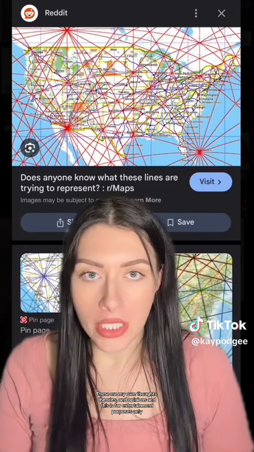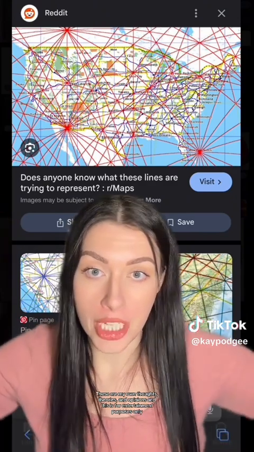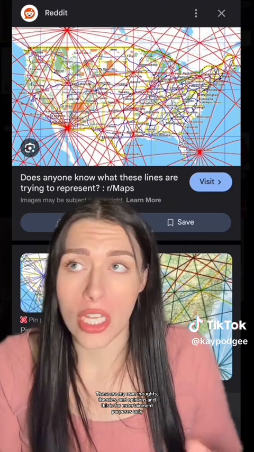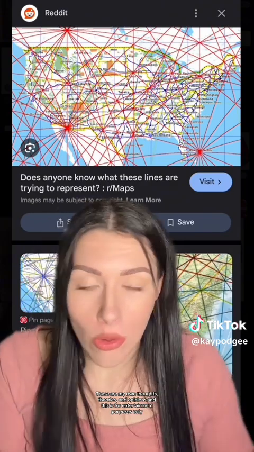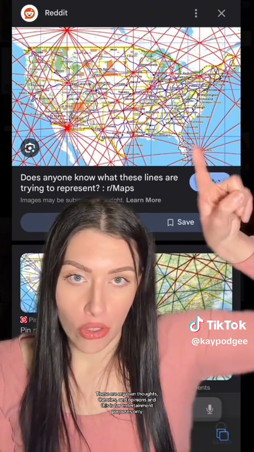Ley lines are basically just energy grid lines that people theorize connect us to free energy. Almost all important structures, like the Statue of Liberty, the Leaning Tower of Pisa, the pyramids, they all fall on vertices of the ley lines. I think that the energy coming out of the black hole sun is meeting at the vertices on the 369 geodesic dome. I sound nuts, but whatever. And I think that this is somehow creating the ley lines.